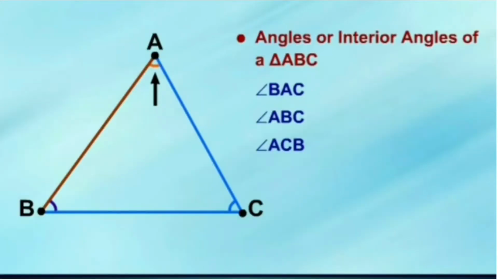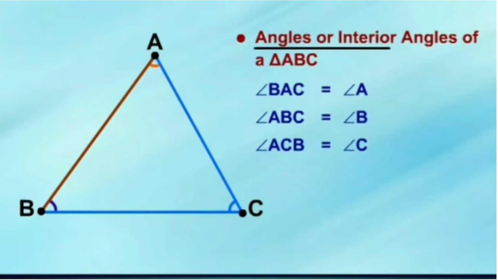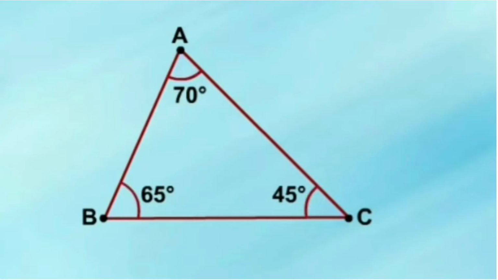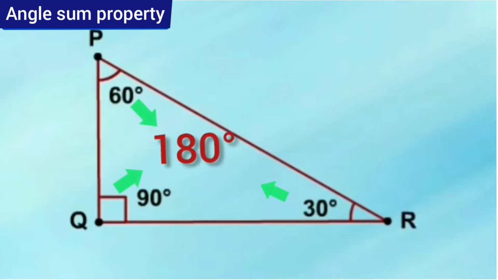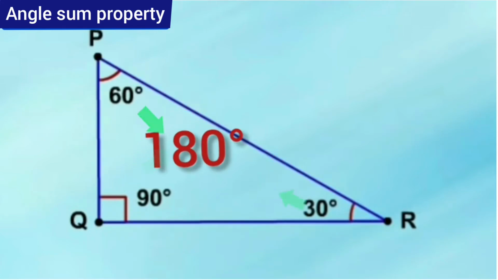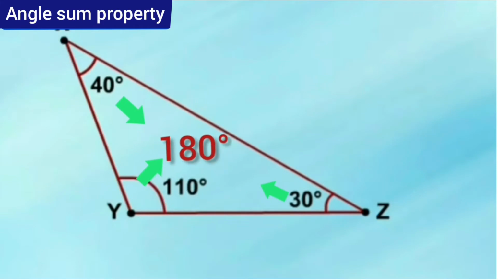Well, since triangles are always made up of three angles, each of those angles has its own measurement in degrees. And the important thing is that those three angle measurements, if you combine them, will always add up to 180 degrees. Since these angles are inside the triangle, we call them interior angles of a triangle too.